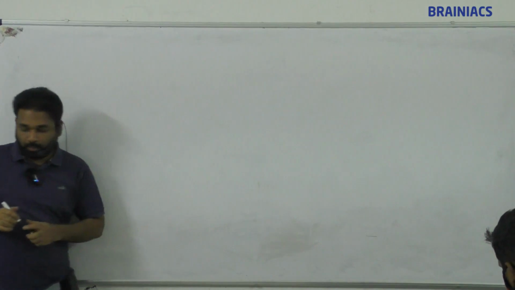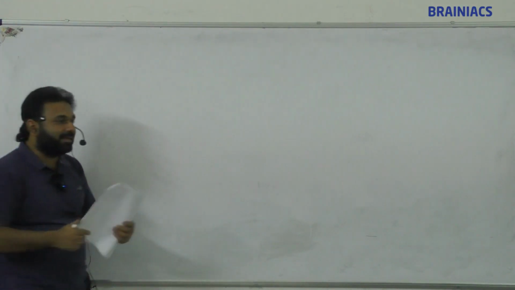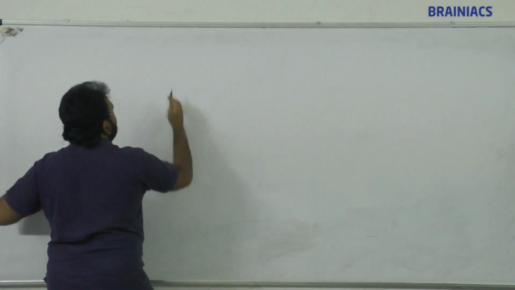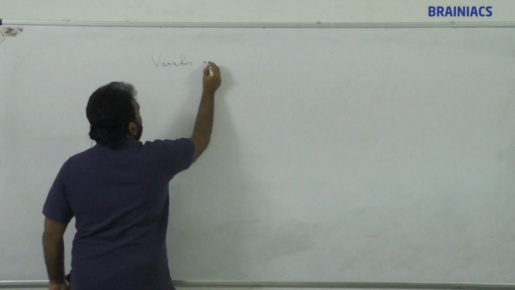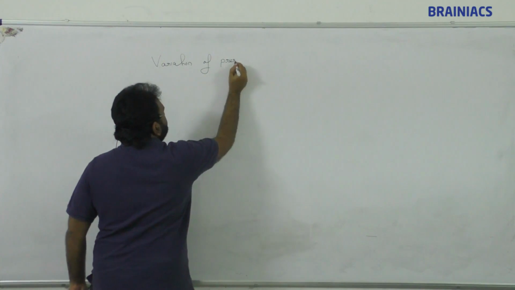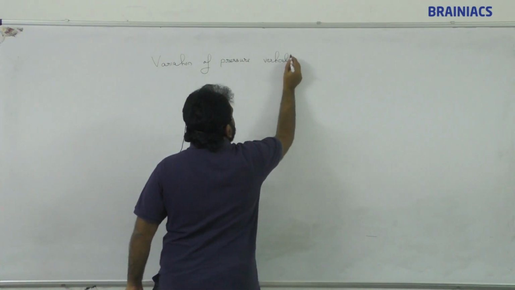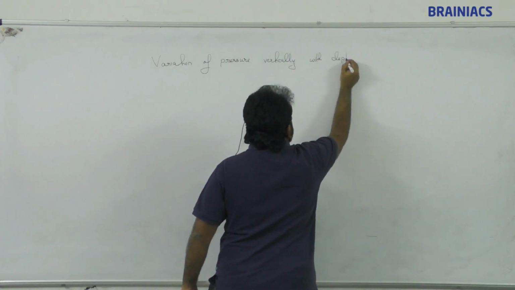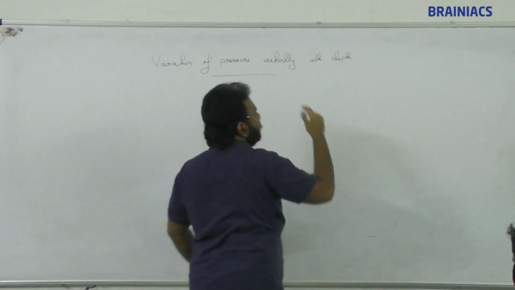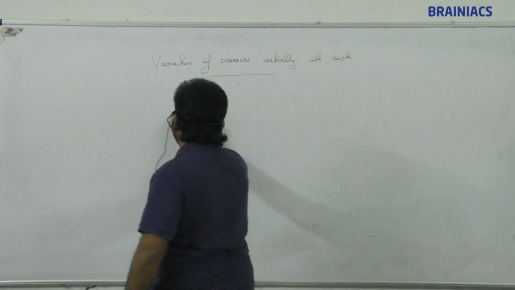Next heading you can put: variation of pressure vertically with depth. Variation of pressure vertically with depth. That is, suppose we take